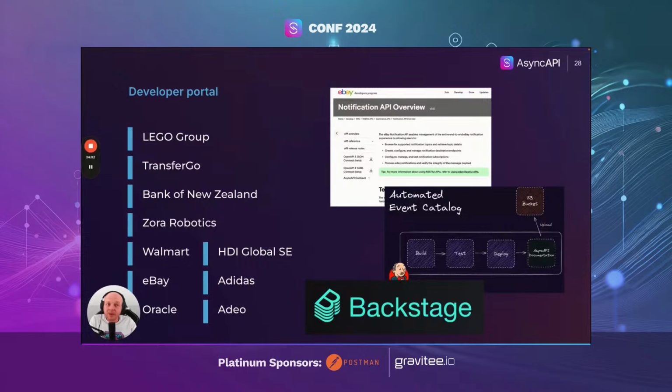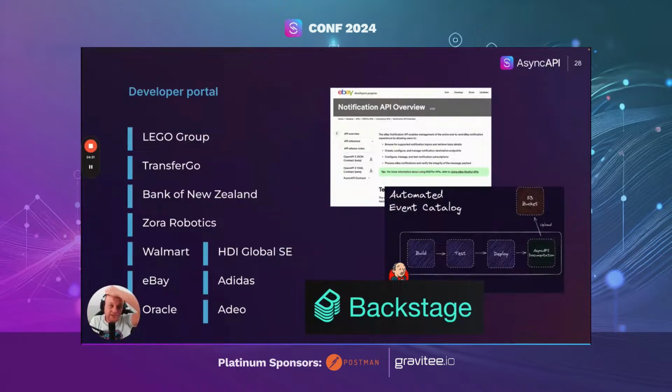But I always say that a custom developer portal should never come first. First, you need to make sure you gather information about what your teams need and understand how they perceive event-driven architecture. Maybe like Lego on the list, you can use Backstage, an open source project under CNCF.